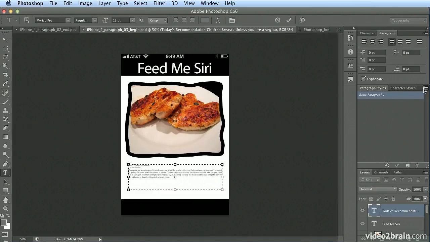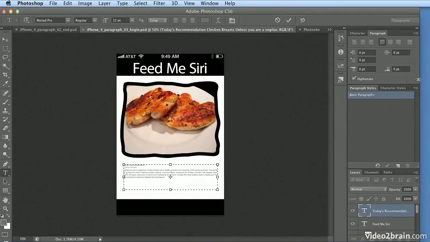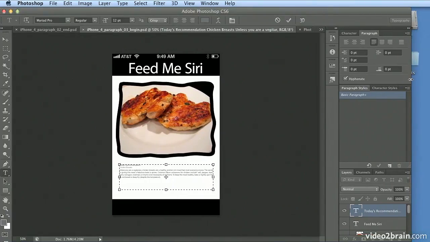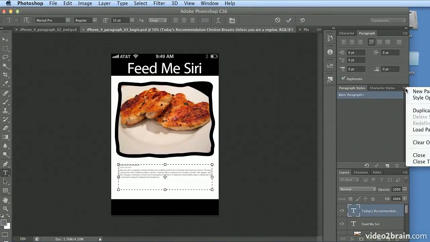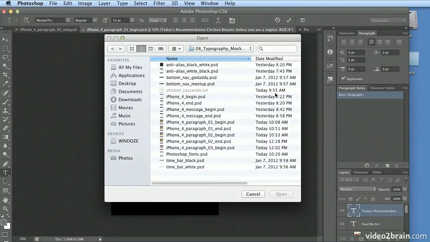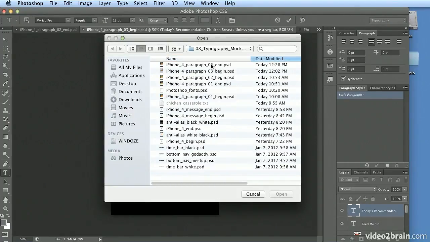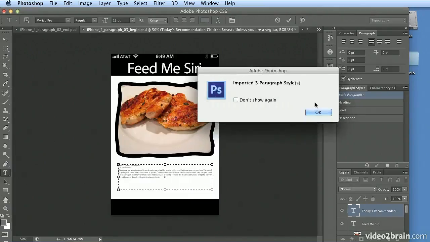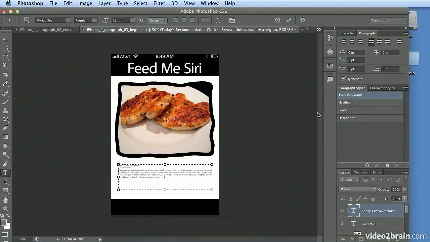So I will load all paragraph styles from the panel menu. I'll actually shrink my window just a little bit so that you could see me loading those styles. So I'll hit the panel menu, load paragraph styles, and go to the file that I just saved, and hit open. Now I see that I've imported all 3 styles that I built in the previous document,